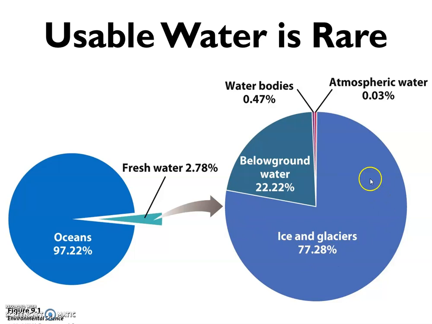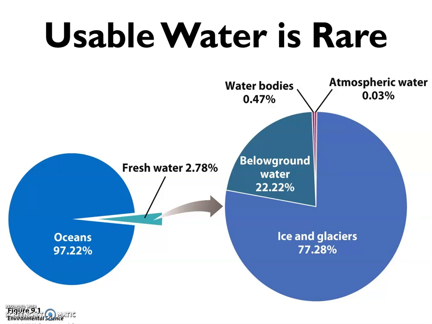You can see that 77% of that 3% is locked in ice and glaciers, so currently we can't use it. Water bodies on the surface of the Earth, things like lakes and streams and ponds that you might have thought made a big number, were only 0.5% of this entire 3%. Atmospheric water, which is stuff like humidity in the air, is also very tiny relative to the other